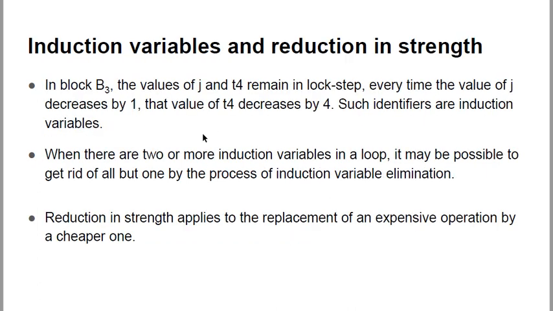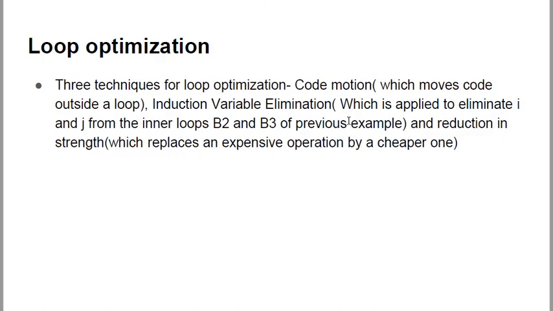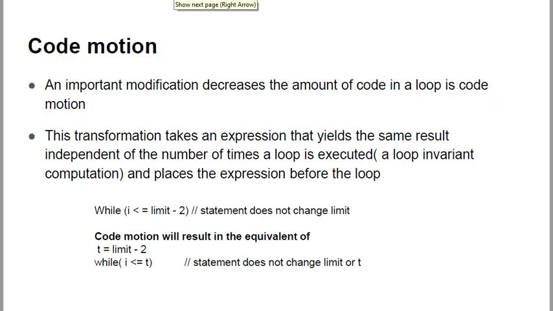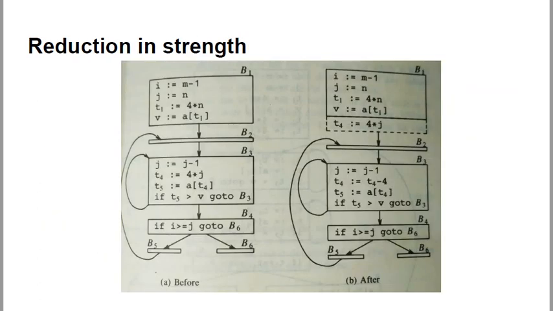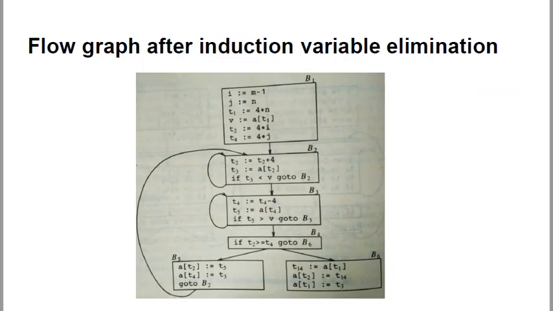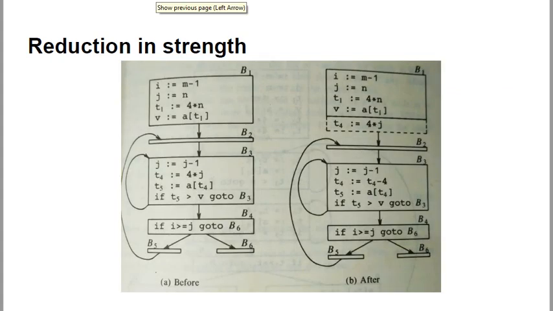Okay, so basically induction variables are found in these basic blocks B2 and B3. So induction variables are those variables which can be eliminated from our loops. Already we know what induction variables are. Just I will give you one example and it will be clear. Okay, so induction variable elimination, the example if we consider over here. Okay, firstly let us check out what is reduction in strength.